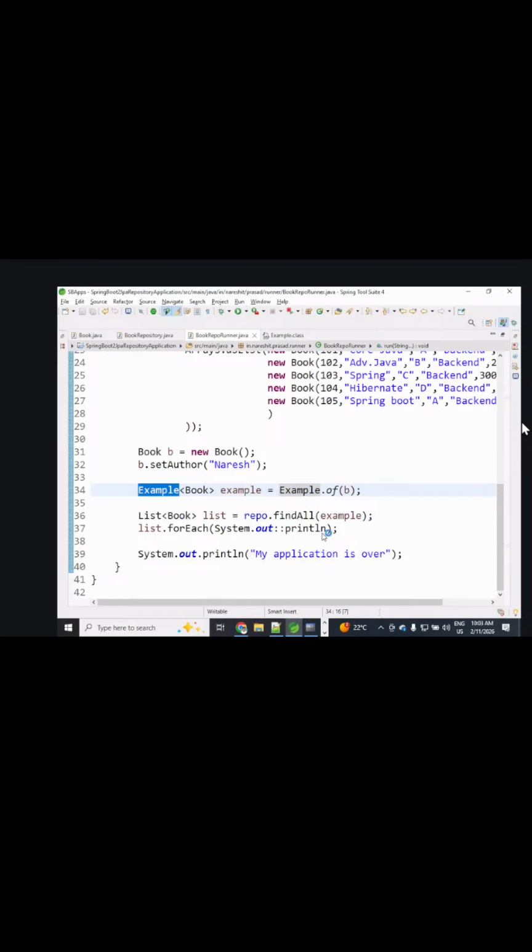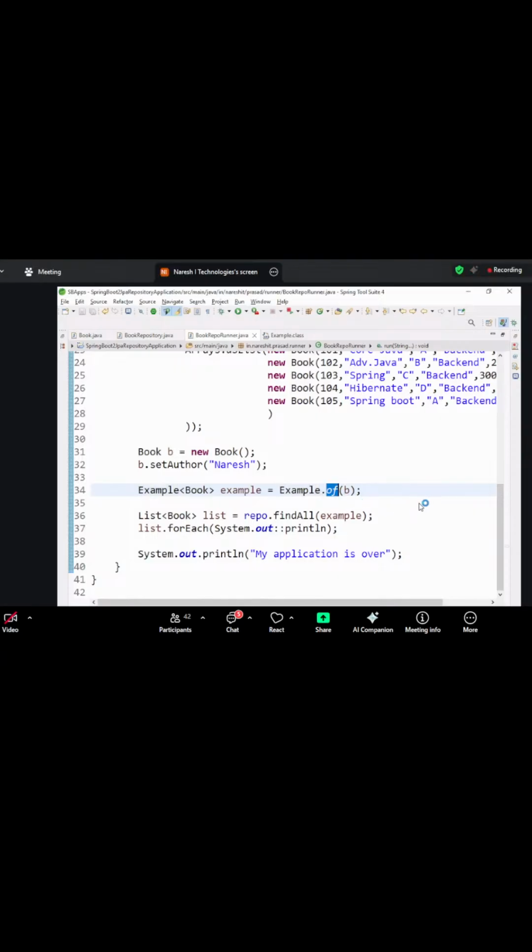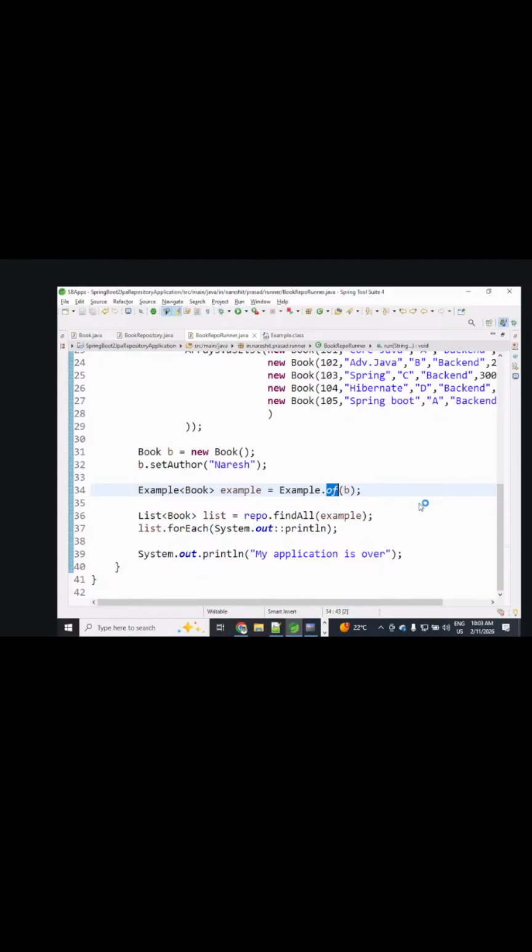Basically, this Example is a class or interface? Interface. And this interface contains the of method. Here it allows non-null parameters. Okay, I'm using a list of book type, list, repo.findAll, this example. I'm iterating, and it prints whatever records you have. Finally, for our conclusion and confirmation purpose, just